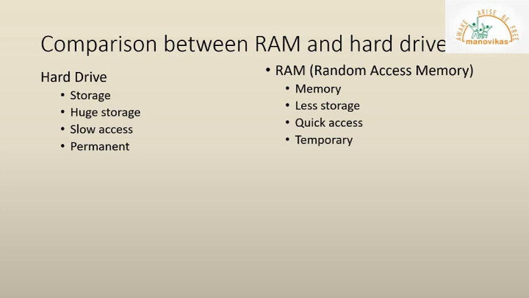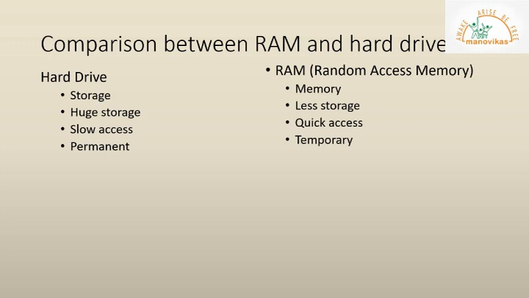Now even all the data that makes up your videos, pictures, your project files with 3D models, or which makes up the game, they all are stored in the hard drive. Hard drives have huge storage capacity, but relatively they are very bad at accessing that data quickly. So everything is accessed through a small wire, and that is why we use RAM. Now RAM is another form of storage, but it has less capacity to store.